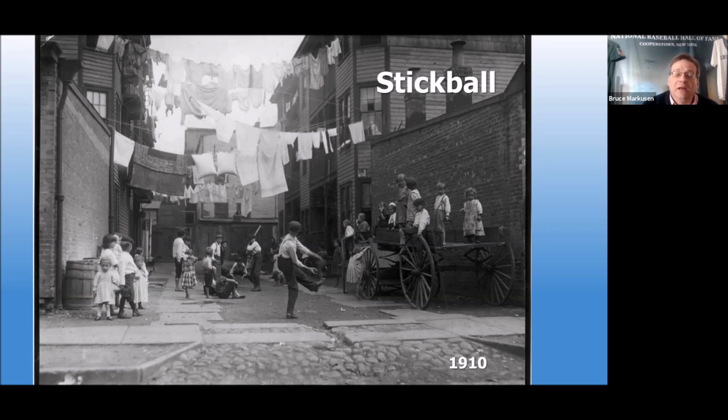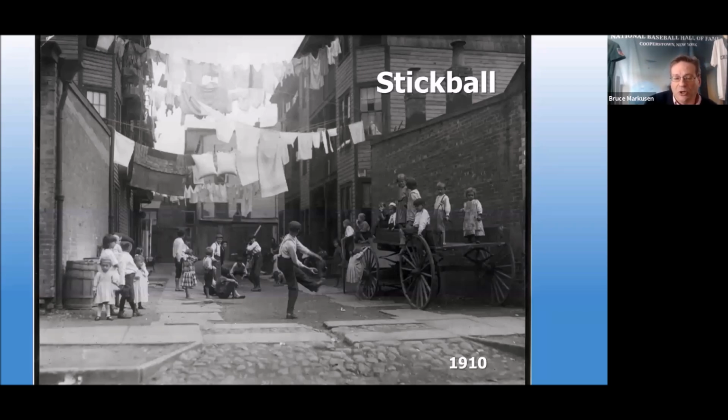And this was a way not only to entertain yourself and have fun, but it was a way to adapt to American society by learning the games that Americans like to play. And in the cities, stickball was really popular. They didn't have open fields. They were playing in streets and alleyways. So they had to adjust the rules. They even had to adjust the equipment, using broomsticks instead of bats to play the game. So by learning about games that are popular here in the country, these immigrants are better able to assimilate,